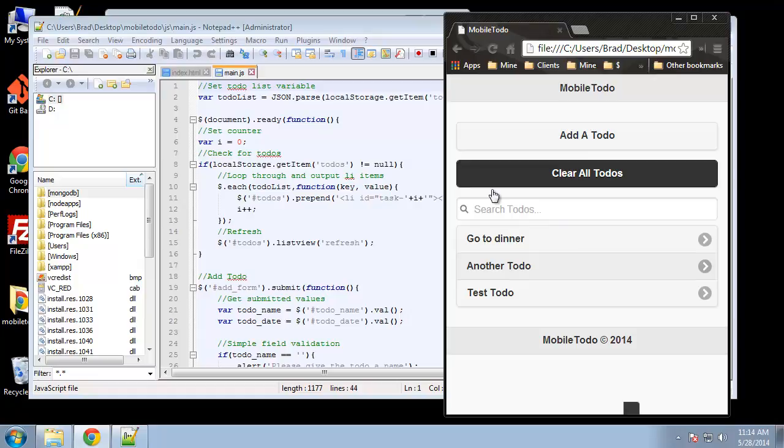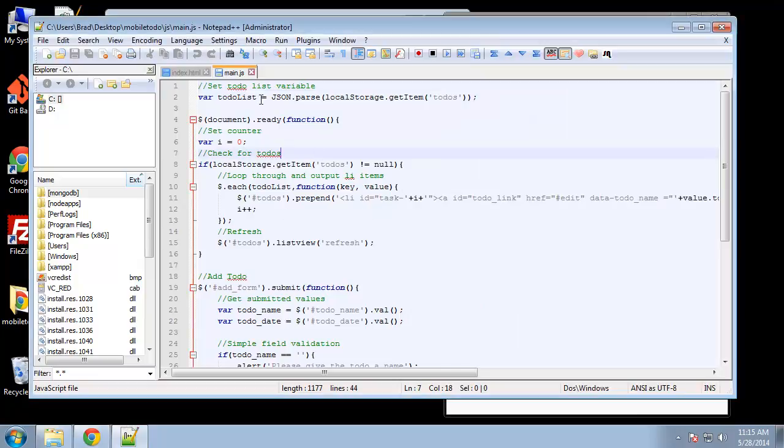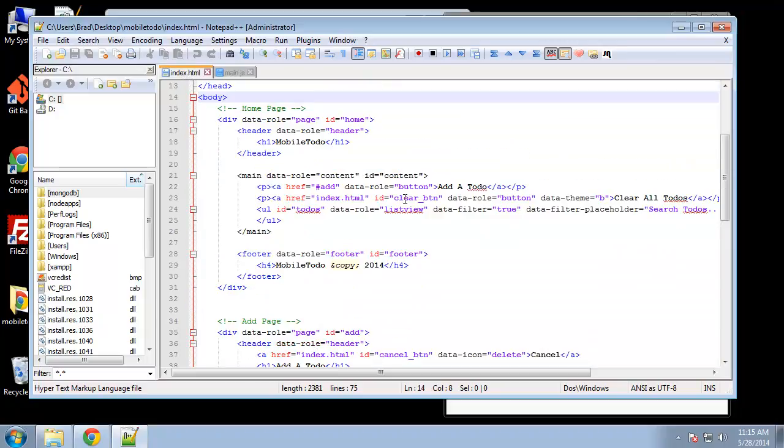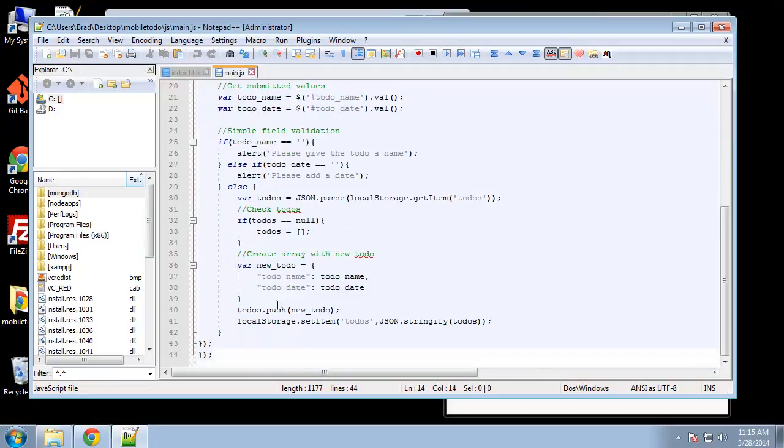So I'm going to start with the easiest part, which is to give functionality to this clear all to-dos button. With the local storage API, we can use the clear function to just get rid of everything that's in local storage. So in the HTML, we want to find the clear all to-dos button, and we want to get its ID, which is clear button. So we want to grab that from within jQuery,